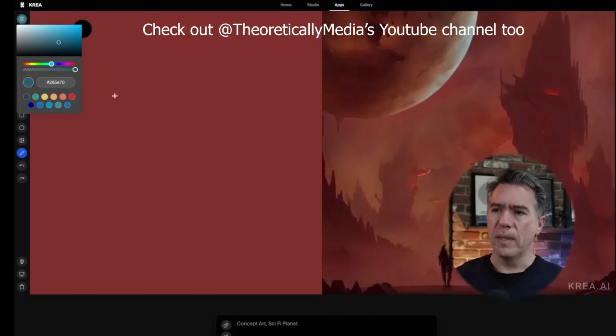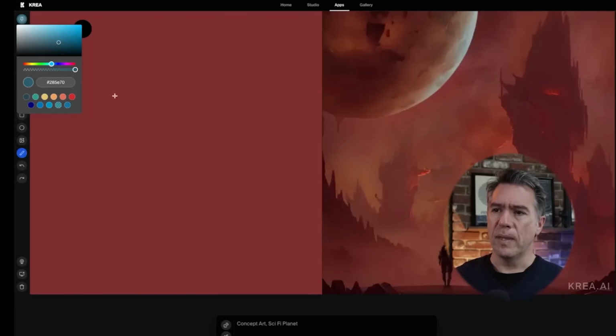Next, this is really fascinating. This was another big development that happened last week. So I showed you stuff from DALL-E 3 and VizCom. So here, this is letting you draw in real time, and then it will be generating stuff based on what you drew as you draw it. So you'll see here that as he draws, the image on the right is going to change based on what he's drawing, and then also if you look at the bottom there, it says Concept Art Sci-Fi Planet.